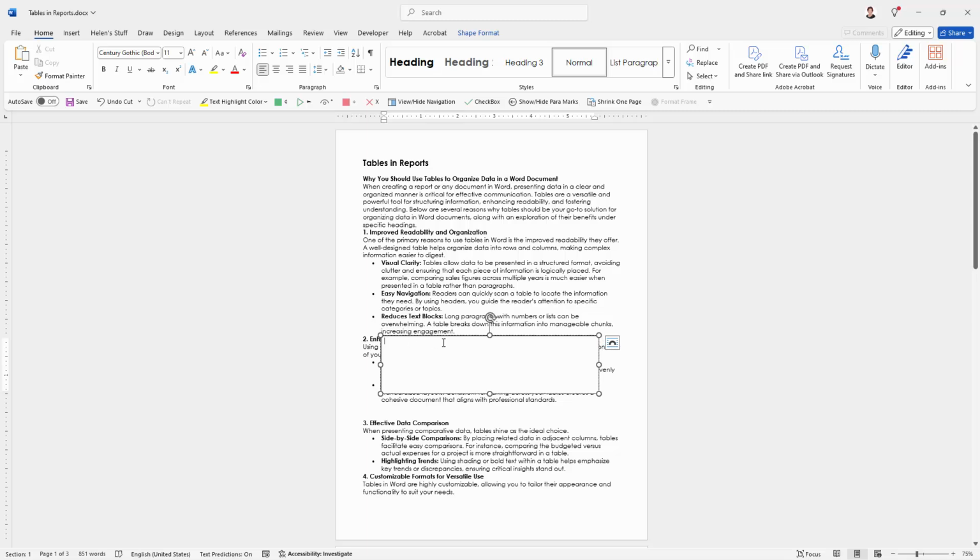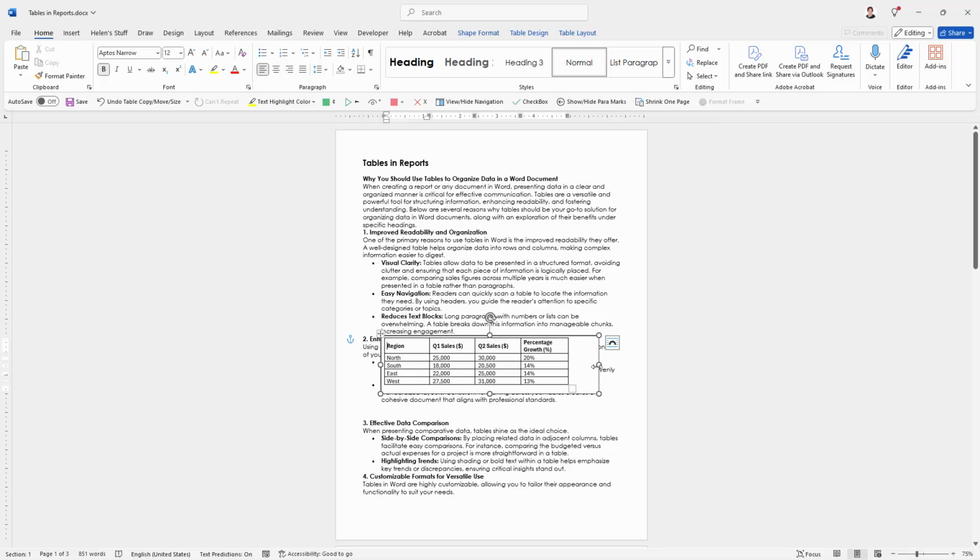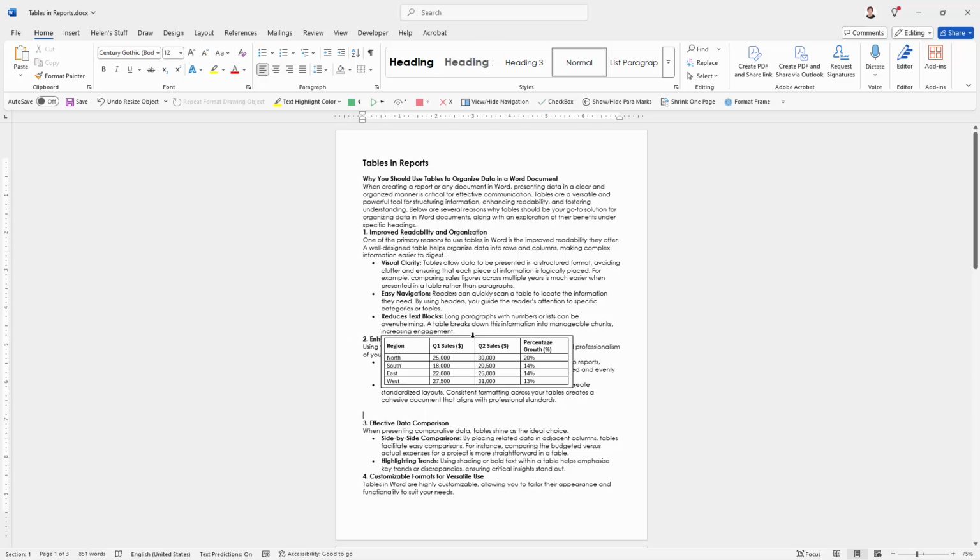And I'm going to click inside my text box and I'm going to just click paste, and that pastes the table inside my text box, and I can just position it where I want it to be, and I could also just shrink this text box a little bit. Right now I'm going to leave the border on the text box because that's just going to make life a little bit easier. So what we've got now is our table, but of course I want to rotate it around to place it